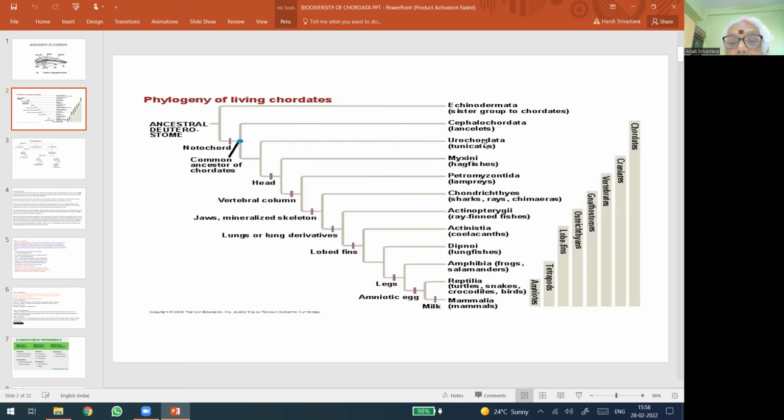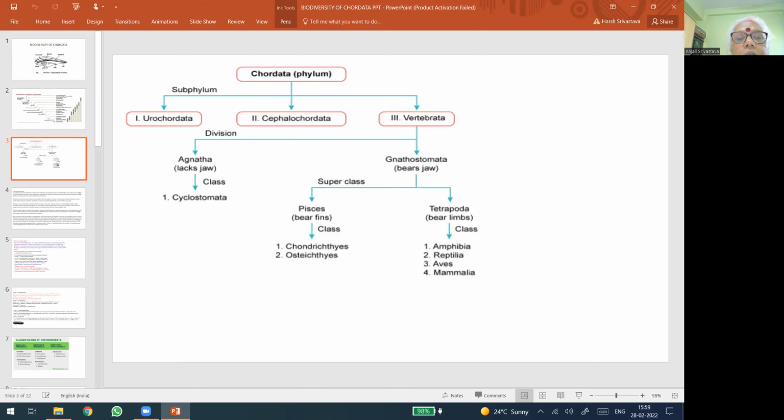That is with the fins are the fishes having a paired and single median fins with the help of which they swim in the water. And another group is of tetrapoda, that includes the major groups having four limbs, that includes four major classes: Amphibia, Reptilia, bird, and mammal. So this is the phylogeny of living chordates, and this is a rough